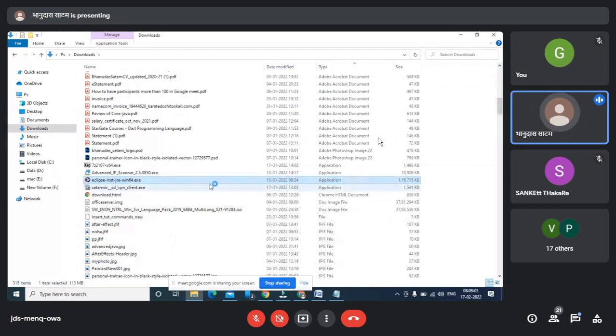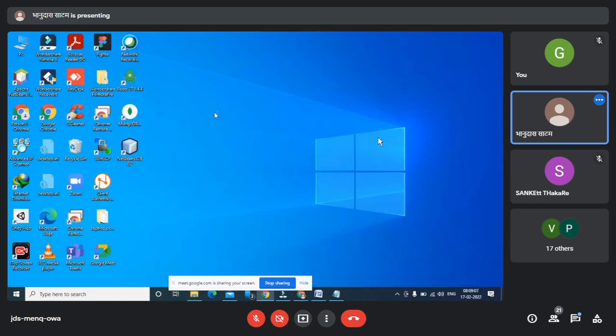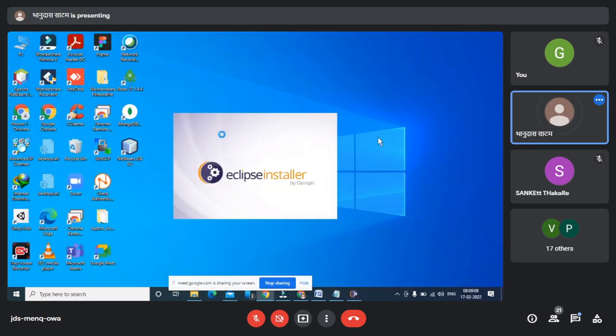So I'm just double clicking here. So it will start my installer. Once I download, it will start my installer, and Eclipse will install accordingly.